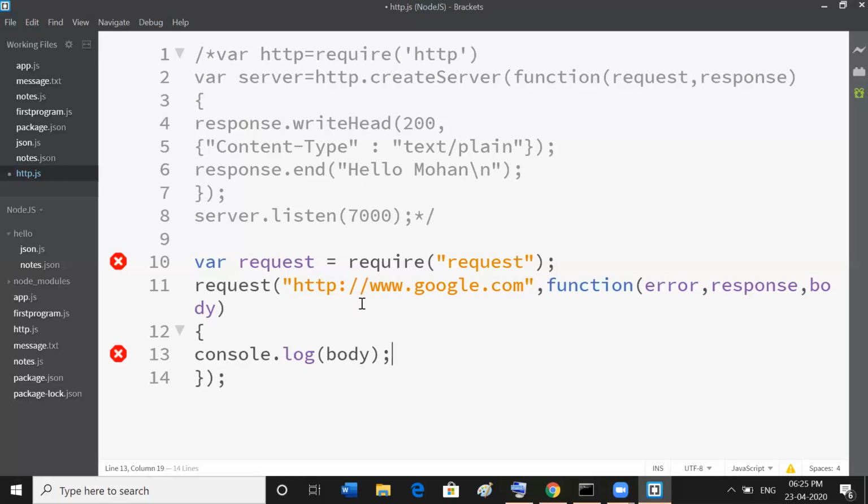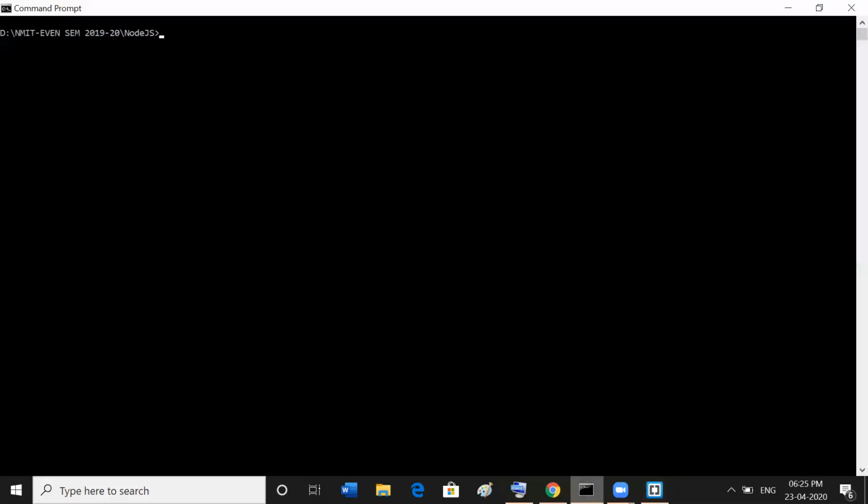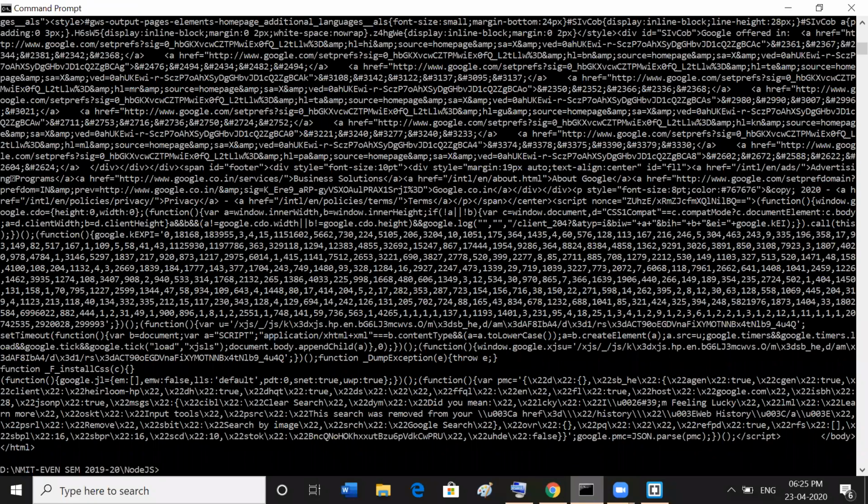Before executing the program, Ctrl+S to save it. Then your duty is to execute the program: node http.js. This is the body of the particular URL that I gave, google.com.